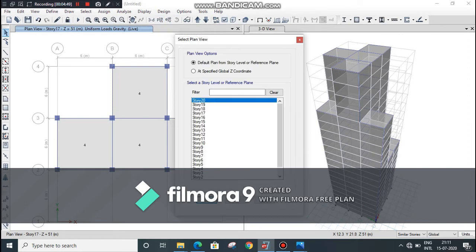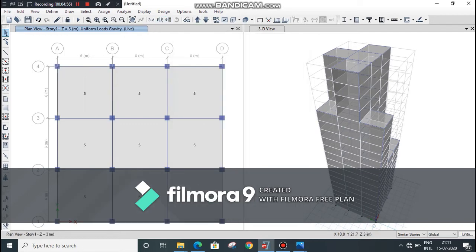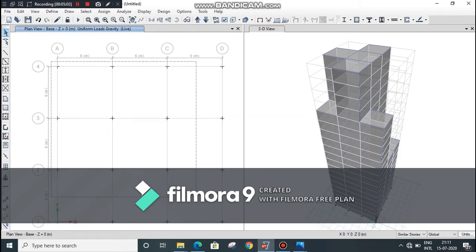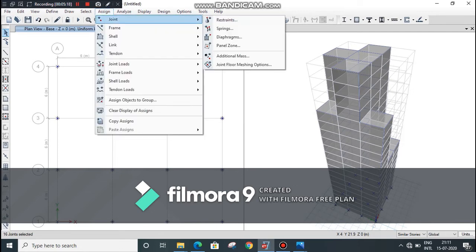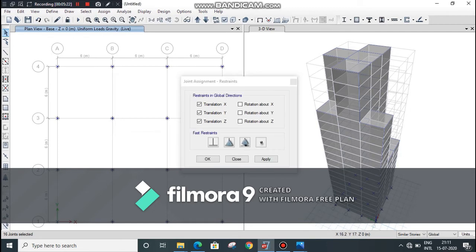Now go to story number 1. You can go up story or down story using these arrows. Go to base story and select all the supports, go to assign menu and joint option, go to restraint.